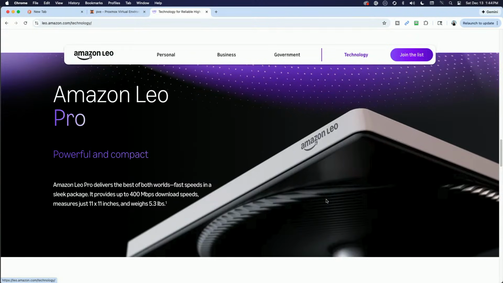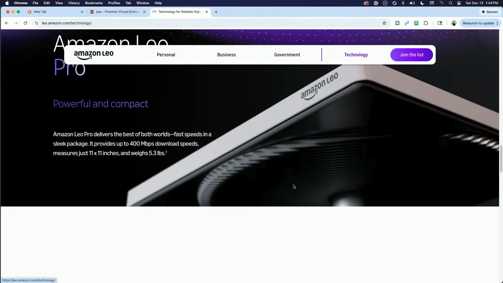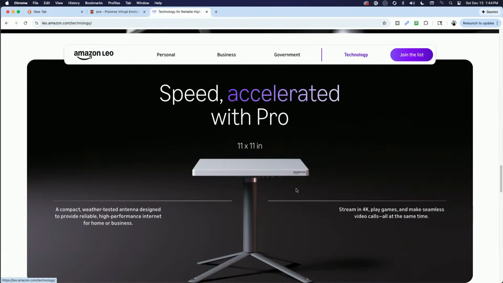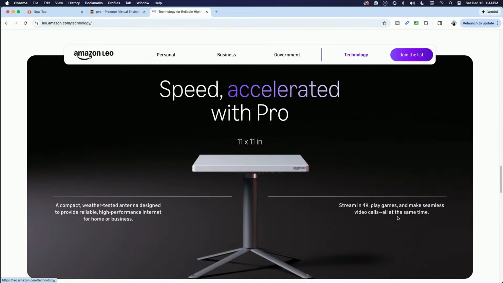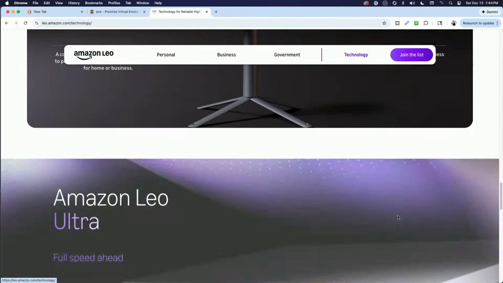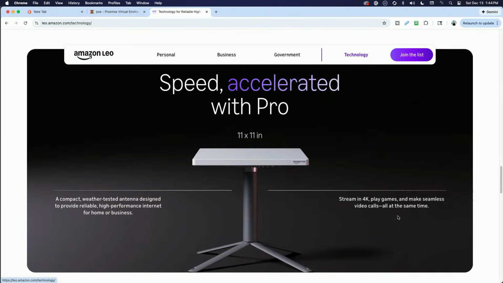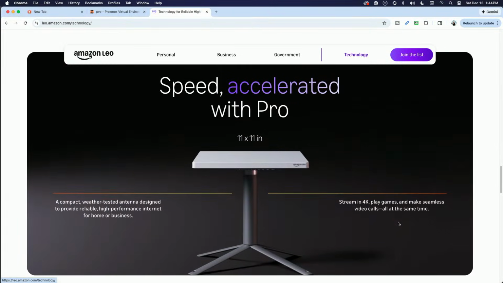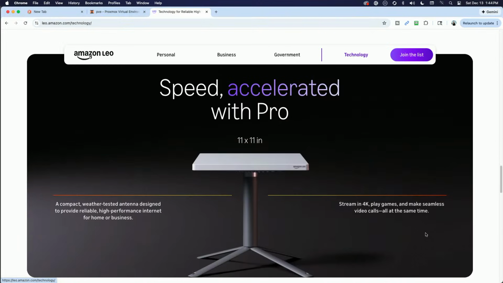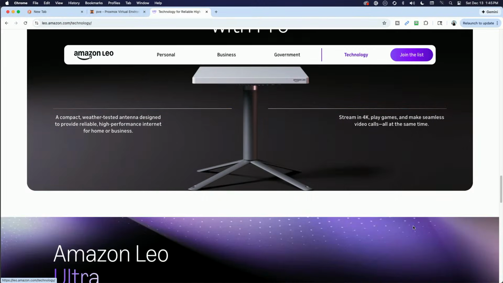It's supposedly going to provide up to 400 megabits per second download speeds, 11 by 11 inches, and weighs 5.3 pounds. And there's a better look at that. They were saying that this dish, the Pro, Amazon is hoping to package for under $400 for consumers when it comes out.